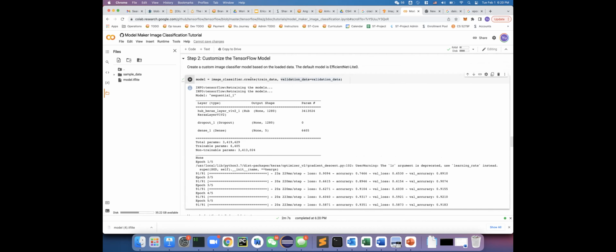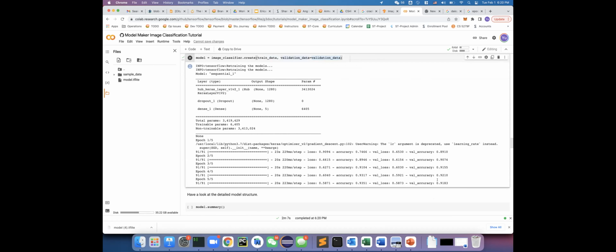Previously when we did the training, we only provided the training data, but now we're also putting the validation data here. I think that's how they start to do the validation right away. You can see the validation compared with the accuracy here, that's different. The validation result is lower than the accuracy, but I think the accuracy did not use any of the